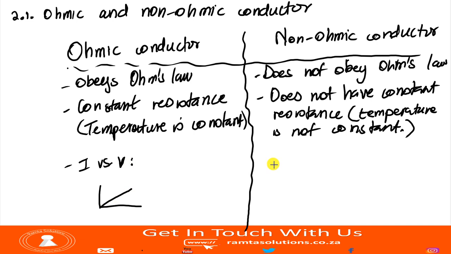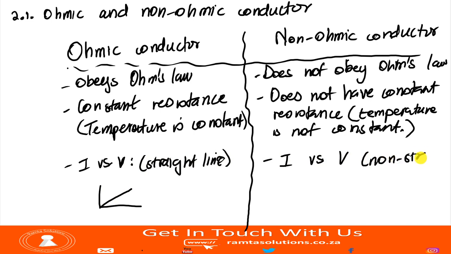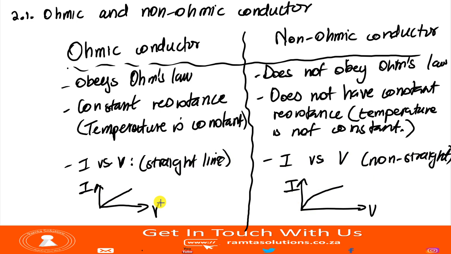And for this one, I versus V is not a straight line. This I versus V is non-straight, I mean not a straight line. So it'll be something like this. This is I, this is V. Now, guys, remember,